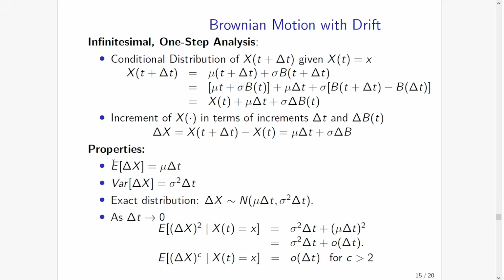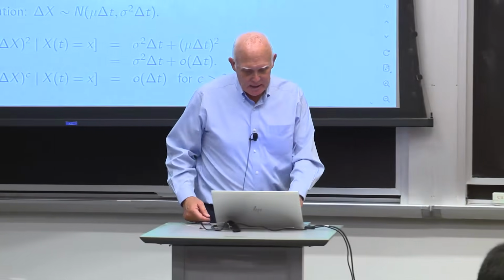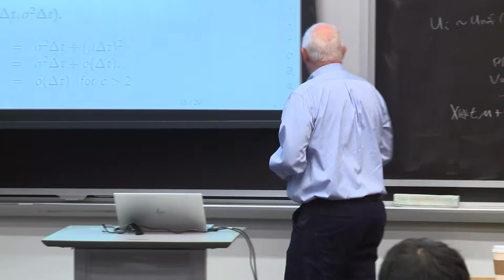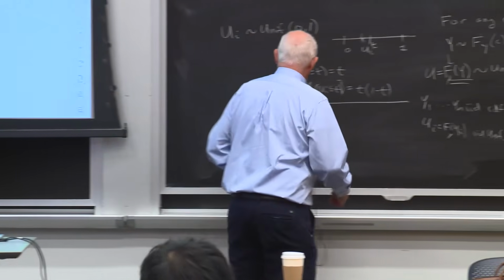Also, if we consider powers of delta x, so our increments to a power c, then when c is greater than 2, this will also be a small order delta t. Now the reason why we're interested in these properties is because we're going to be working